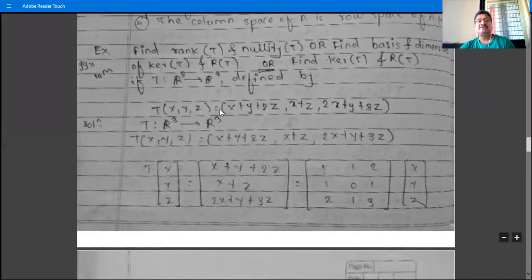We express (x,y,z) as a linear combination of the elements of the basis, and then we apply T on both sides, and by using the properties of linear transformation,